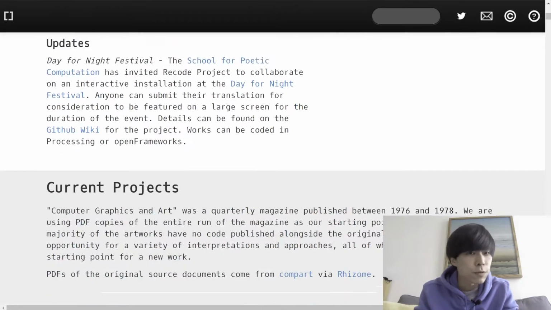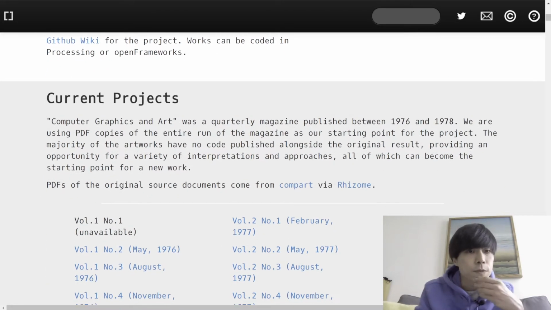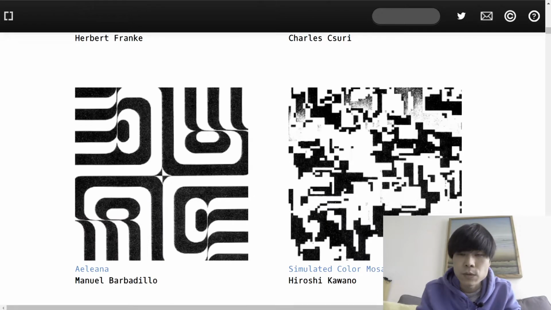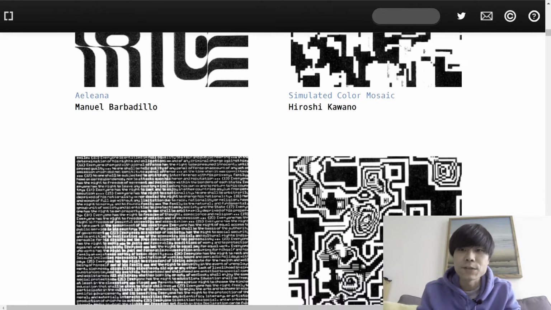And briefly, introduction again, this is a website that collects artworks, the scans of this magazine called Computer Graphics and Art from the 1970s. And they basically attempted to recreate them with Processing. And in the first video, I tried the one on the left. I don't know how to read it, but the work from Manuel Barbadillo, and that was a bit too ambitious,